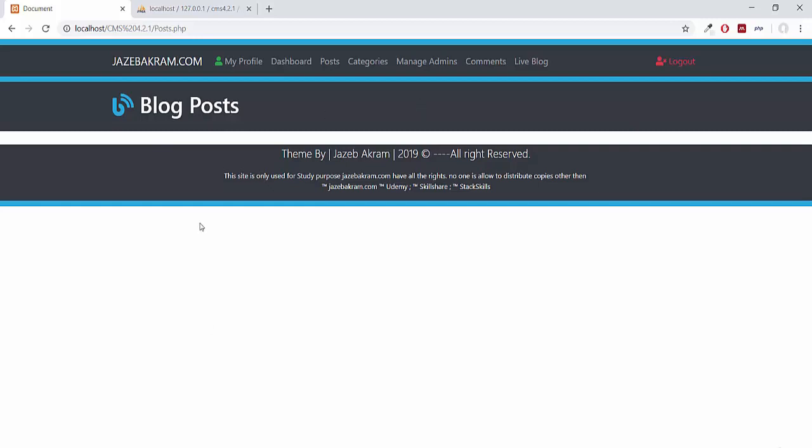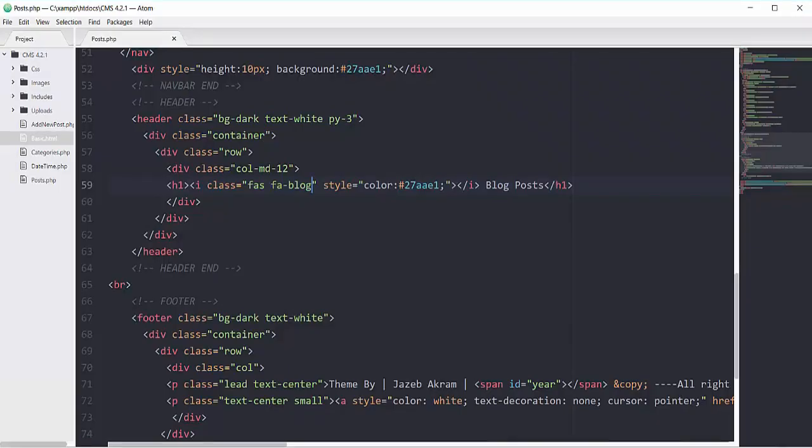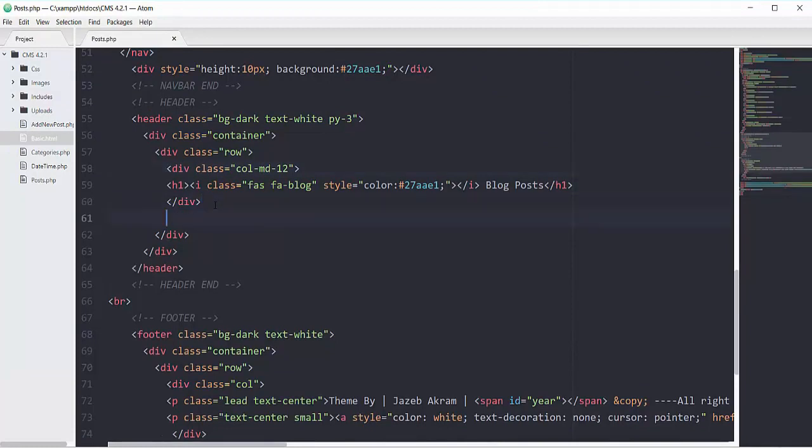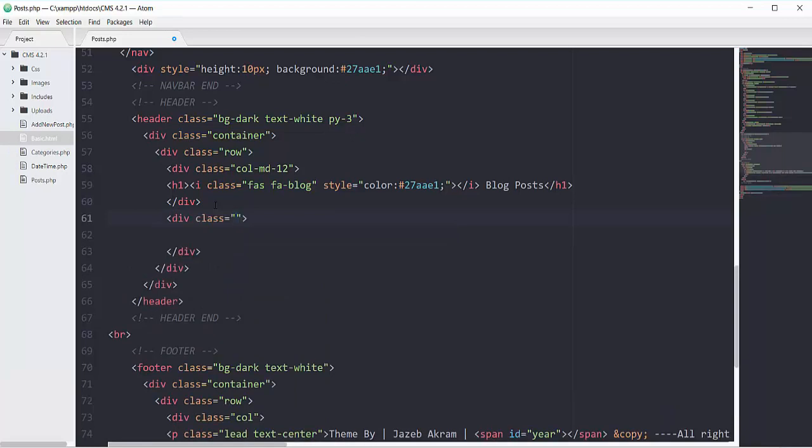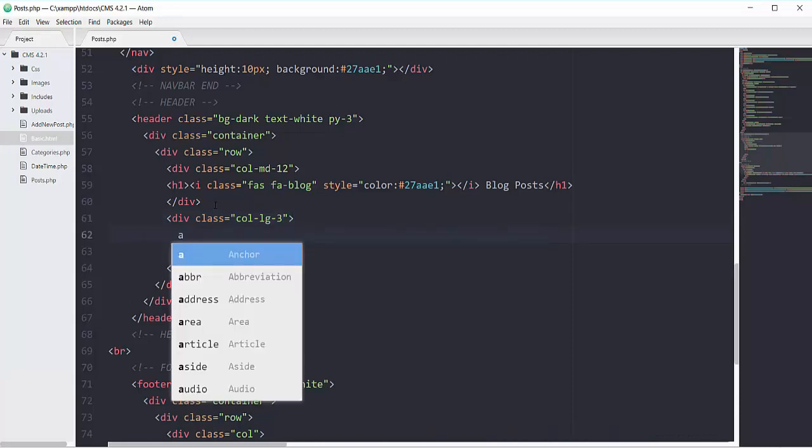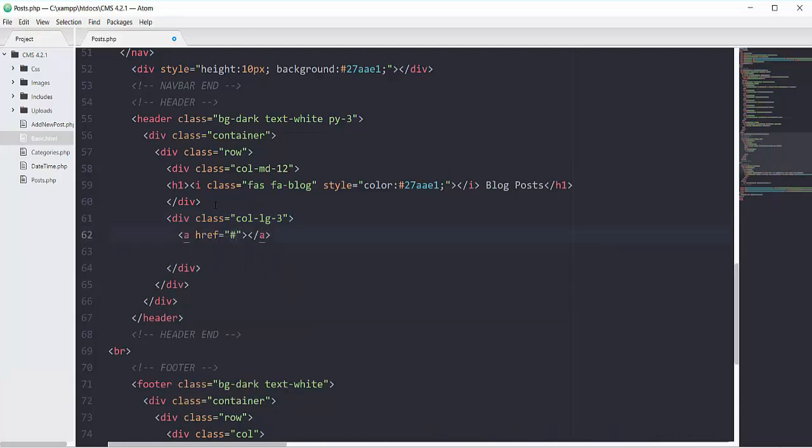So going to this blog post div, here you can see inside this header we have this div of col-md-12, and after that I will have one more div that will have bootstrap class of col-lg-3, and inside this div I will have an anchor tag that will have a class of btn-primary.